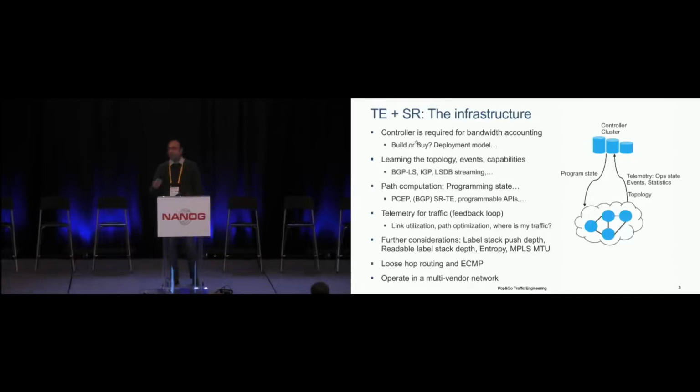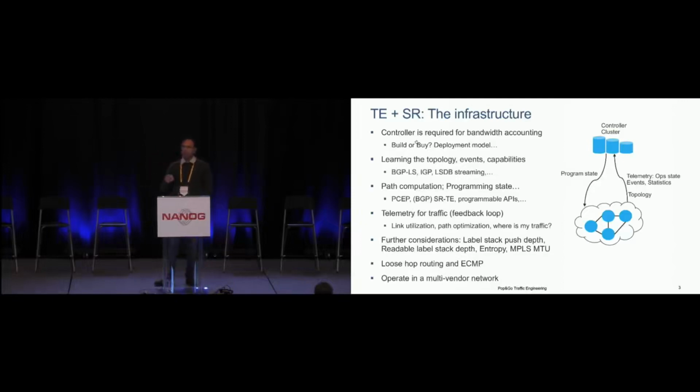But the controller has to understand this to generate a good path. There is also the matter of loose hop routing and ECMP, right? In general, if you look at TE, traffic engineering is generally a strategic idea. People have been strictly routing TE through paths, right? With loose hop routing,